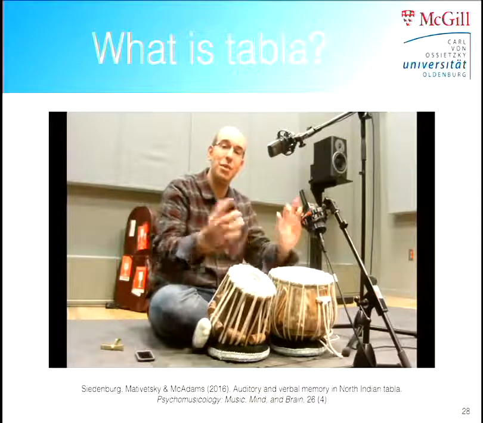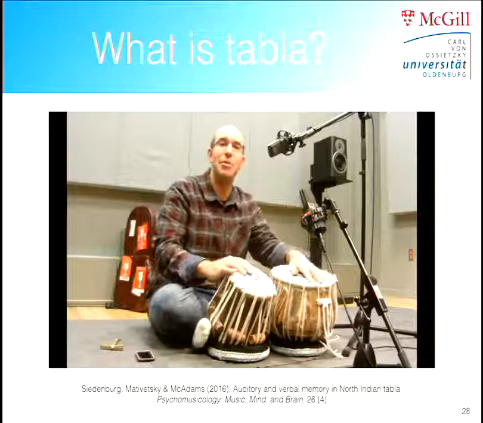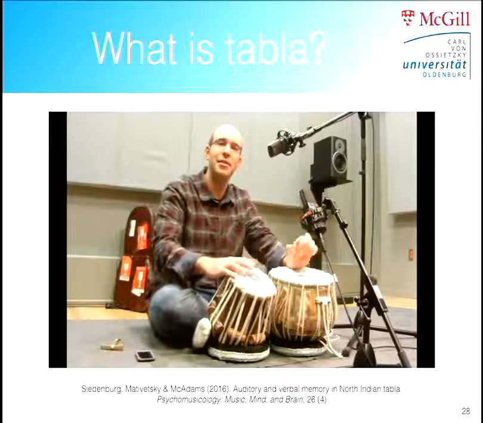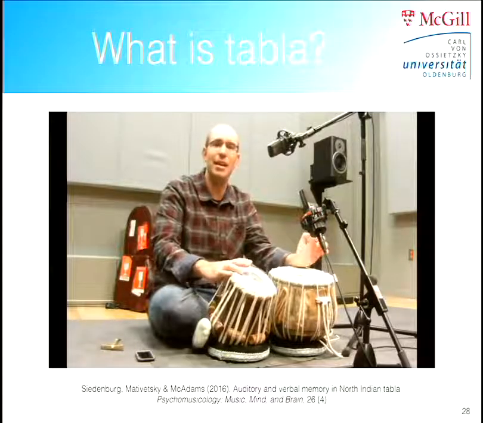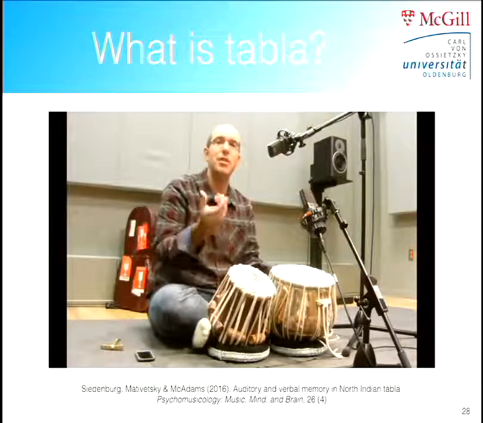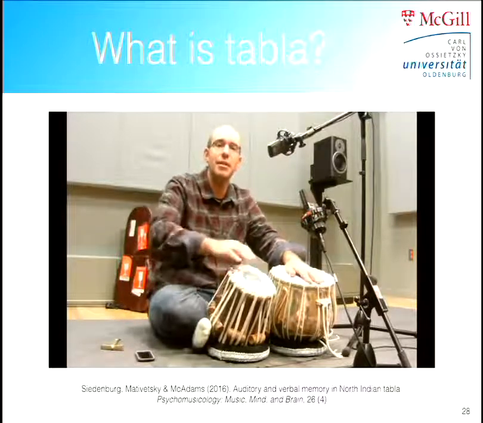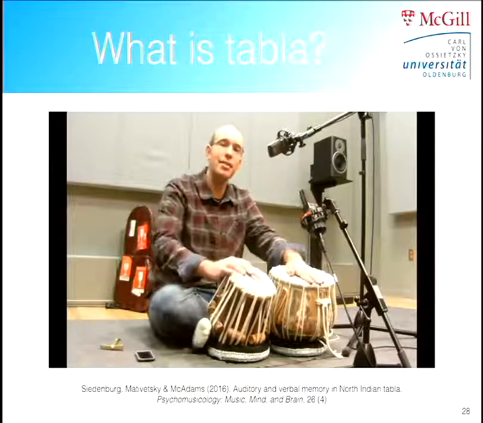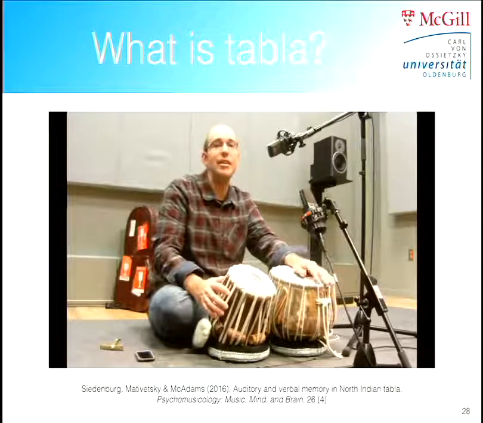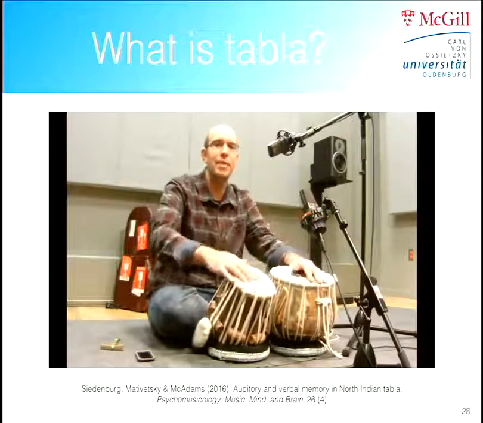Then if we have combination sounds, of course we need new bols, because I can't possibly speak two sounds at the same time. So for example, na and ge gives dha. Tin and ge, pin. Te and ge, te. And then, just like letters of an alphabet, we can start to put these bols together to create words. For example, tire kita, kita taka, tire kita taka, dha tire kita taka. Then once you know some words, you can start to make phrases. Dha tire kita taka, tak tire kita taka, dha tire kita taka, tin na kita taka. And so on.